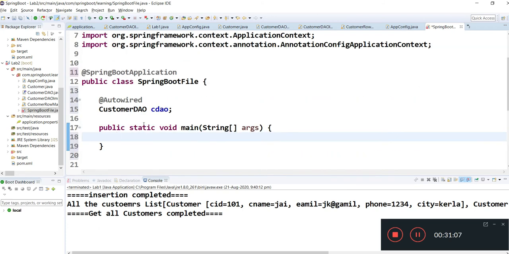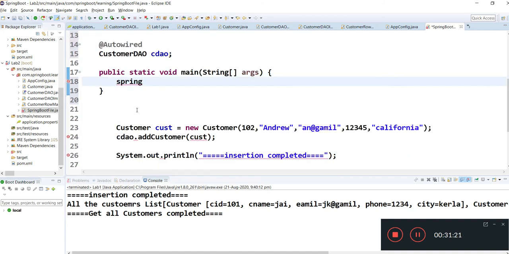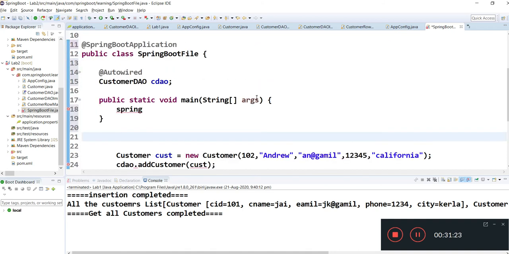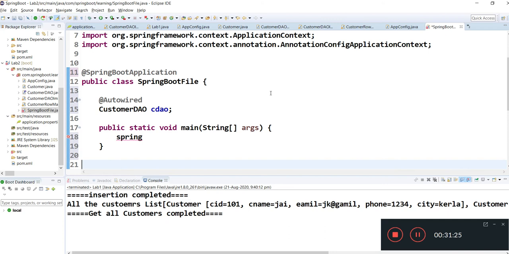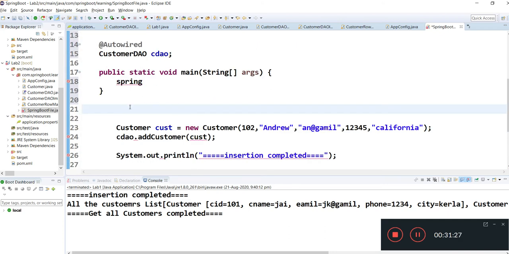If you are working with Spring Boot, you need to override one run method. Inside the run method, code will be executed as part of your Spring Boot application.